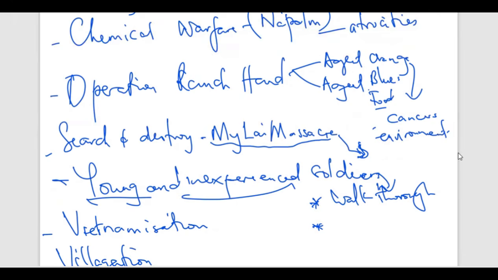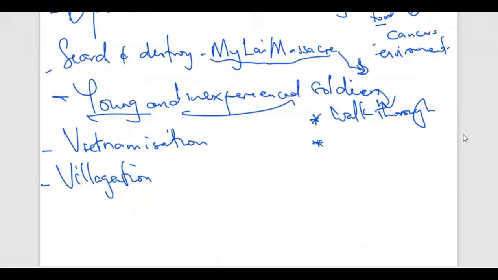leading to protests again in America. Americans were now protesting against America's involvement. One, for budgetary constraints. It was very expensive to run that war, and also two, for the loss of lives. So many soldiers were sent to Vietnam and lost their lives there. So Americans were no longer happy with the involvement of America in the Vietnam politics. And there were so many protests in America, and that ultimately forced America to change its mindset in the involvement of Vietnam politics.